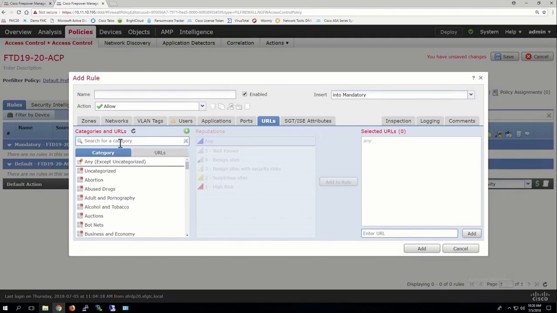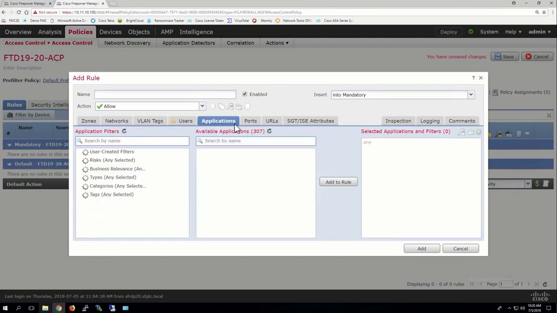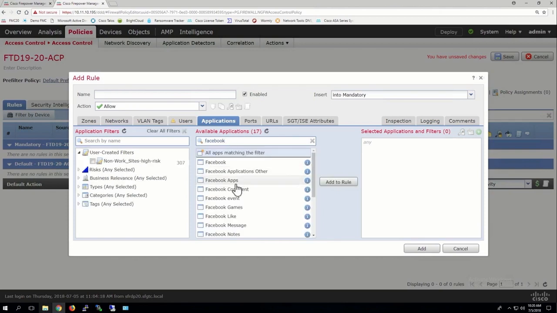But it's pretty darn easy to come in here, either under applications, by the way, and type in Facebook, right? And there's a lot with Facebook that people use. You need to be aware: VoIP, video chat, videos, utilities, sports, right? So a lot of people like to see Facebook. So let me give you examples on why people block this.